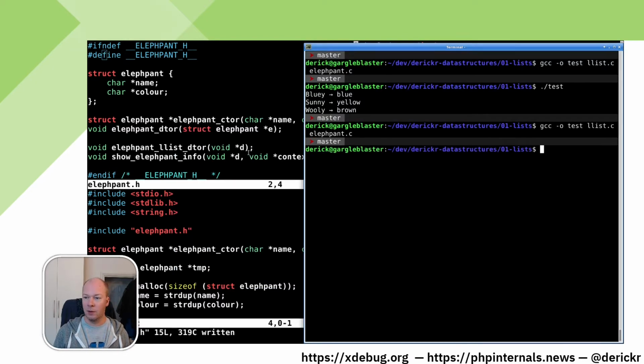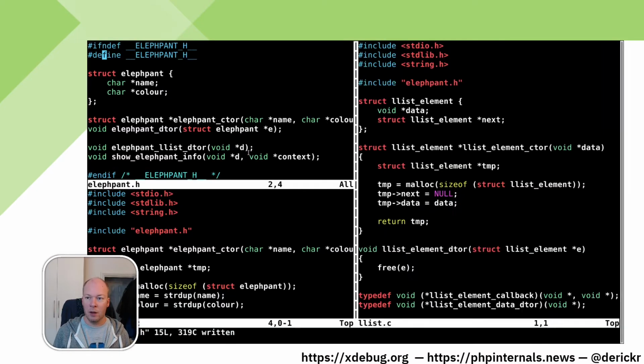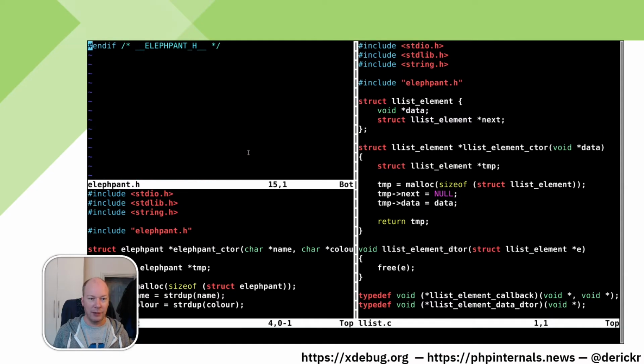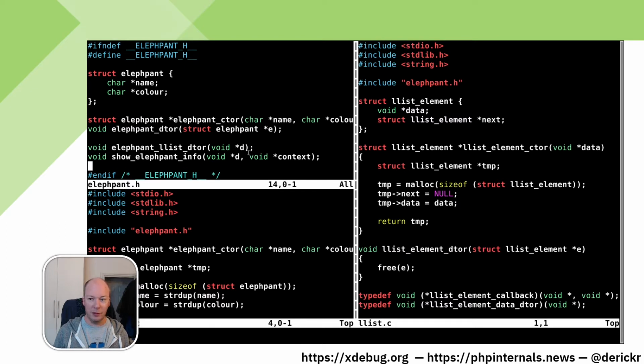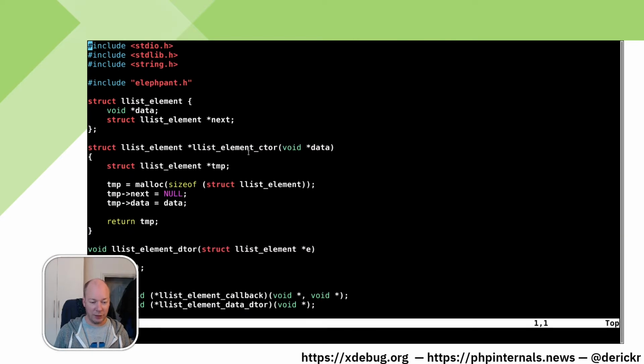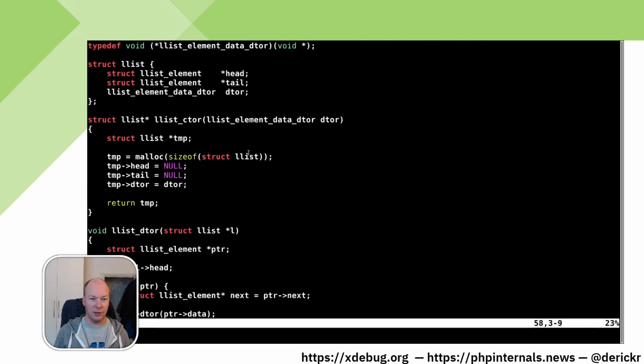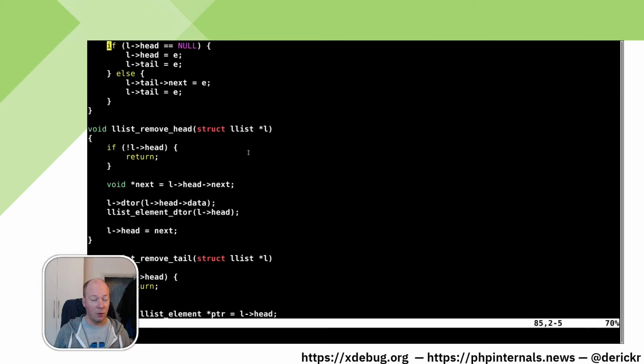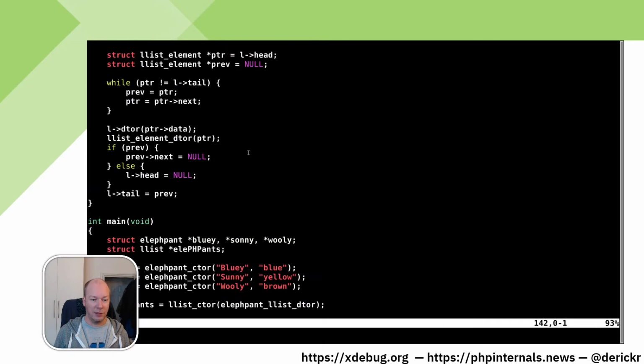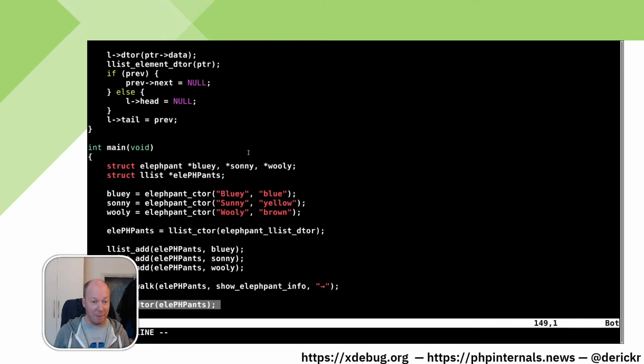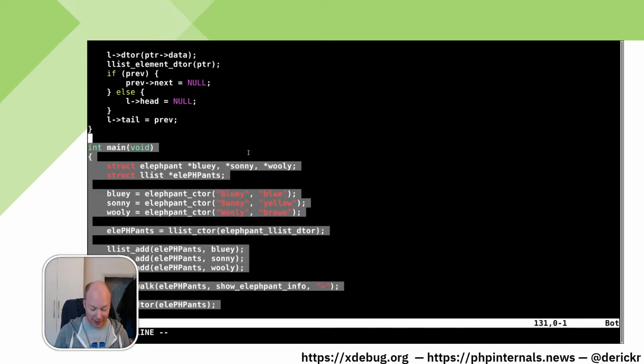So of course, if you compile that, there is no difference still here. So we have done that. So we put the elephant in their own file, but what we really need to do is also do the elements for the list, right? Now, in order to do that, I'm actually going to rename the list file, because what's probably easier to do is put our main file into main,